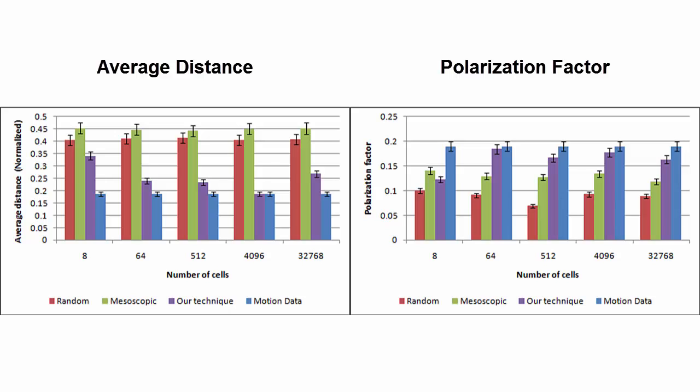On the right is then the polarization factor, which quantifies the collective behavior of the insects. Our mesoscopic method is already better than a pure random method, and is then even closer to the reference data after adding the macroscopic shape constraint. The multiple results for both metrics here represent different precisions for the discretization of space which is needed to extract